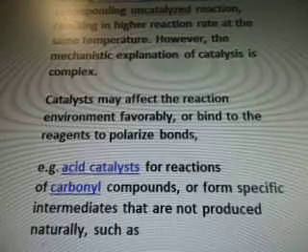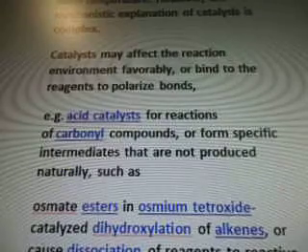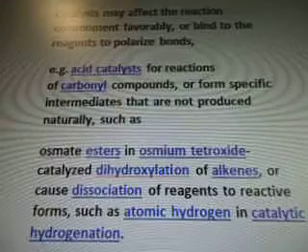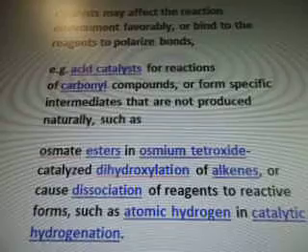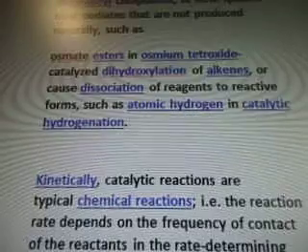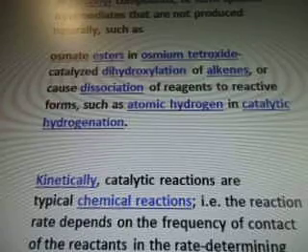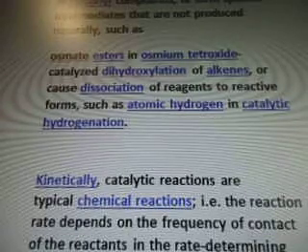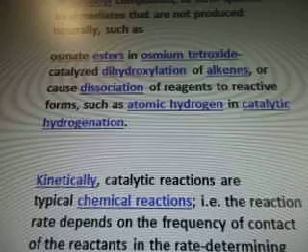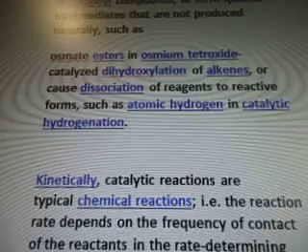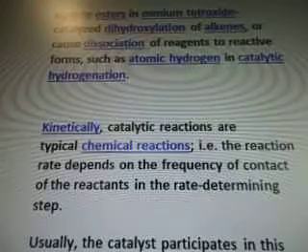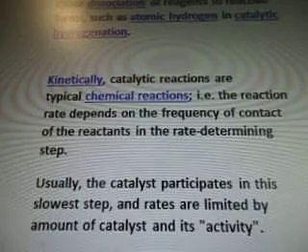Catalysts may affect the reaction environment favorably or bind to the reagents to polarize bonds. Example, acid catalysts for reaction of carbonyl compounds, or form specific intermediates that are not produced naturally, such as osmate esters and osmium tetroxide, catalyze dihydroxylation of alkenes, or cause dissociation of reagents to reactive forms such as atomic hydrogen in catalytic hydrogenation. Kinetically,